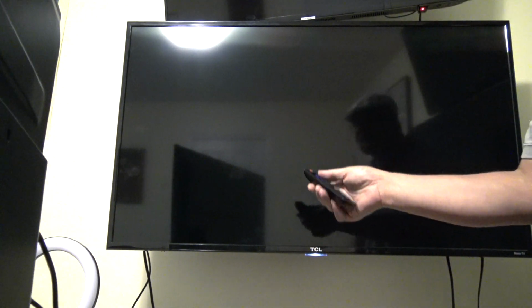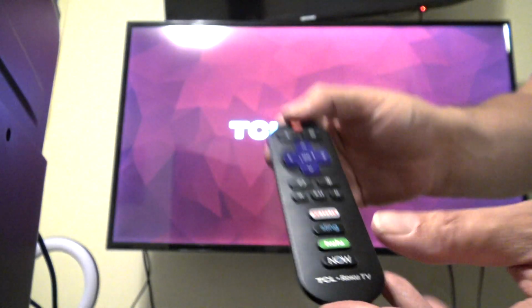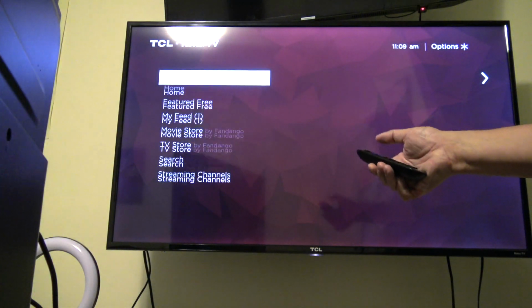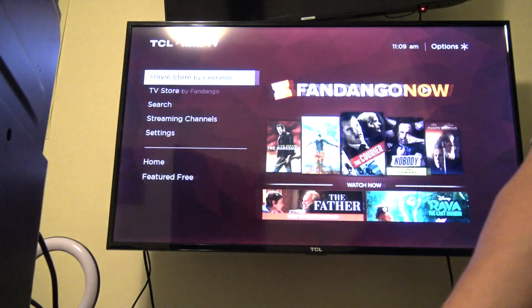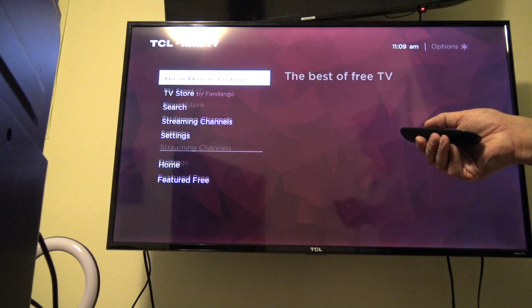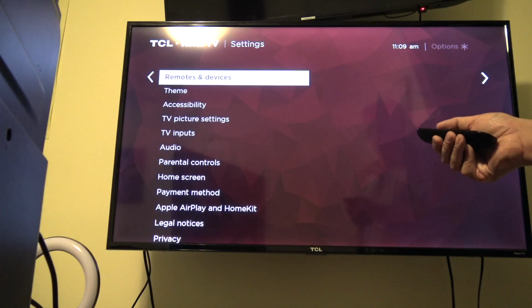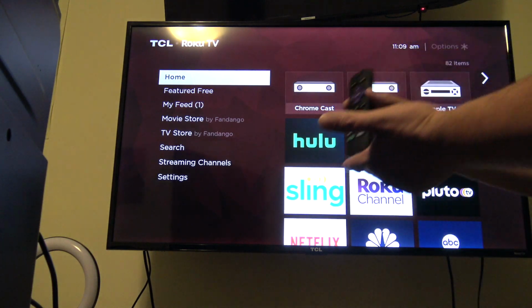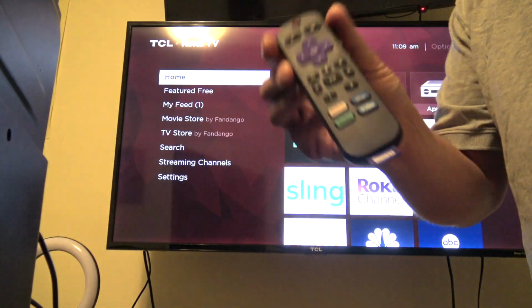So, what we're going to do here is we're using our TCL television. This is the remote that goes with the TCL television, as we showed you earlier. And you'll see, ta-da, it loads up. So this is being controlled by the original remote. Let's just make sure that we are on the network. Yeah, okay, we're there. All right, so this is what you do to get it started with pairing with the